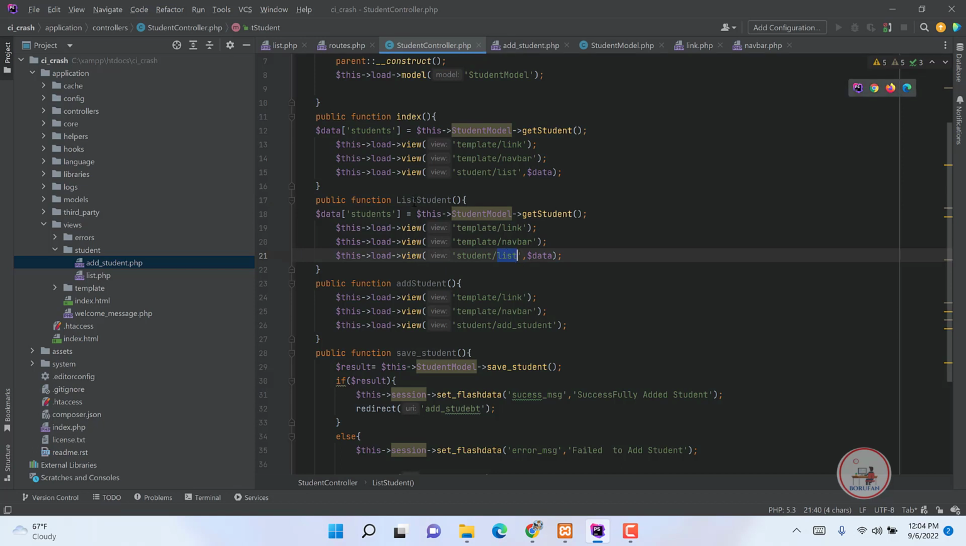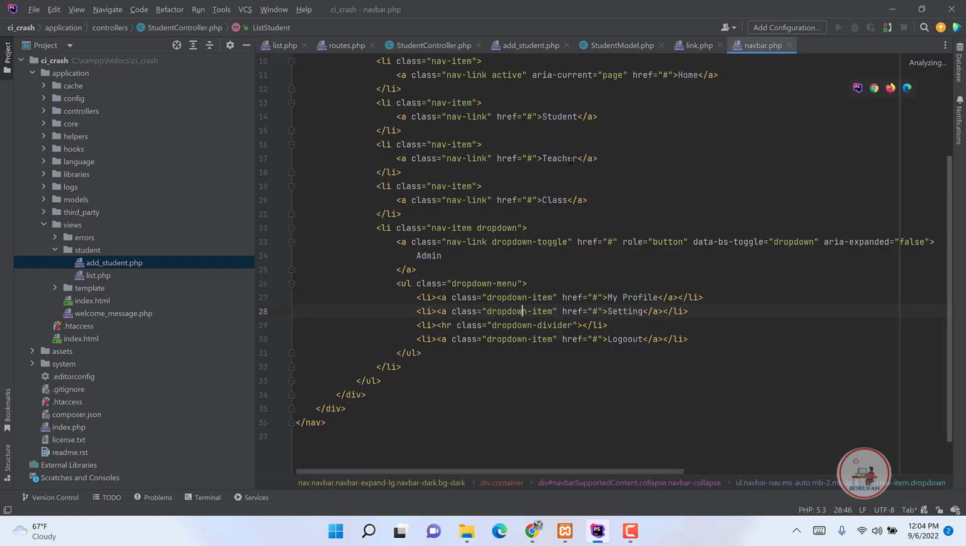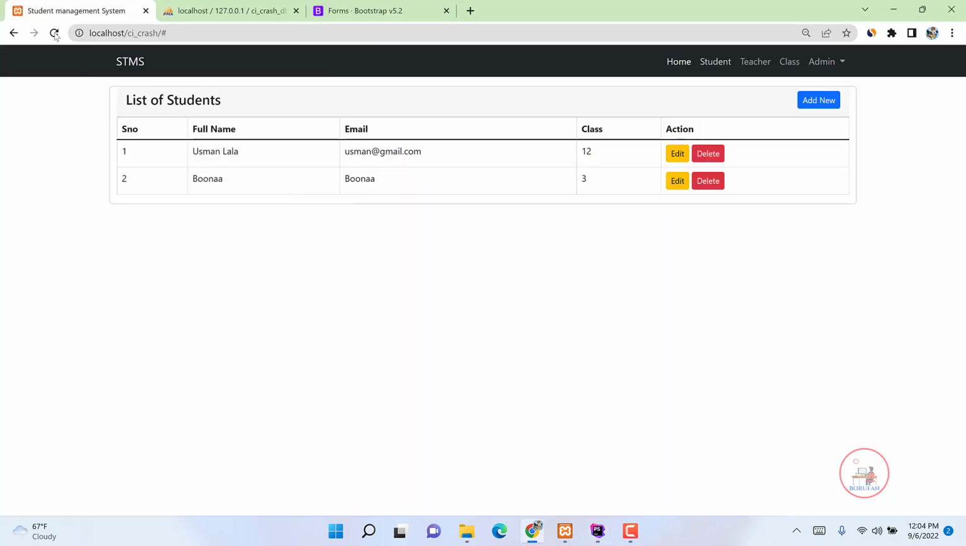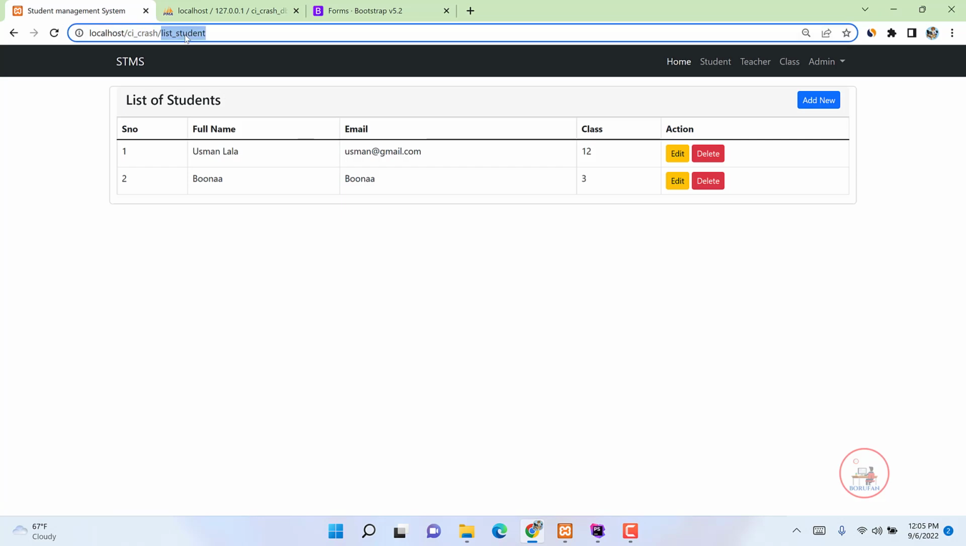Then save, then come back on navbar, and this, then on student, base URL, list underscore student, save, refresh, click. Yes, I got it. When I click this, list student. So for that, then come back and go to add to list student, when